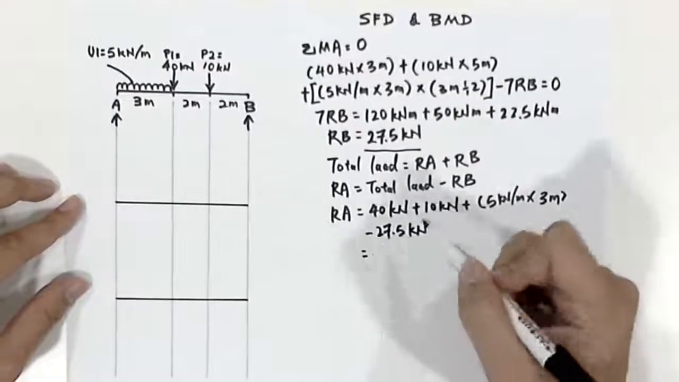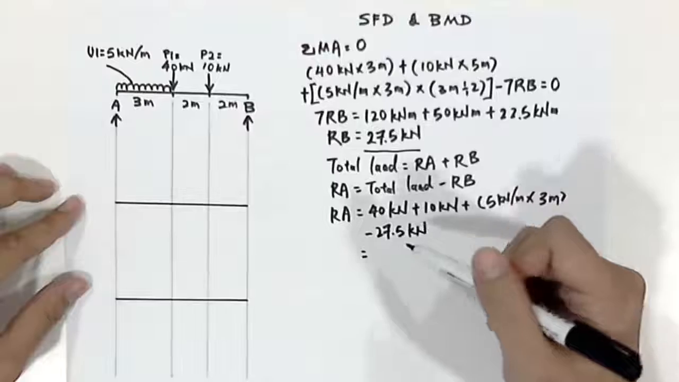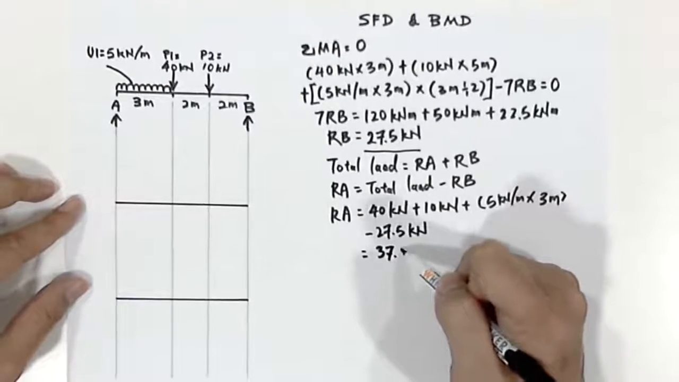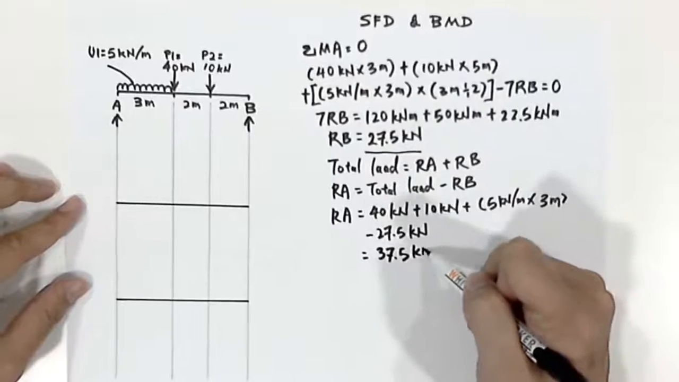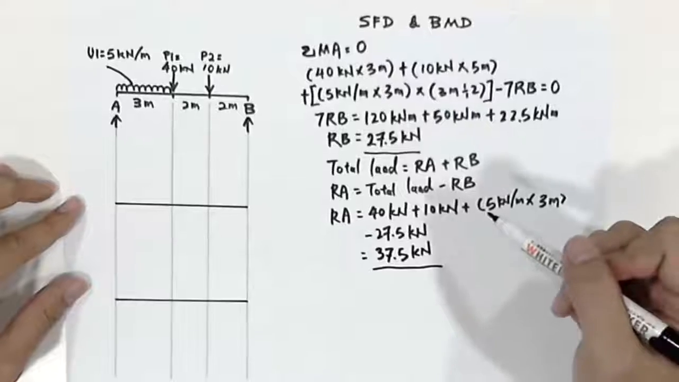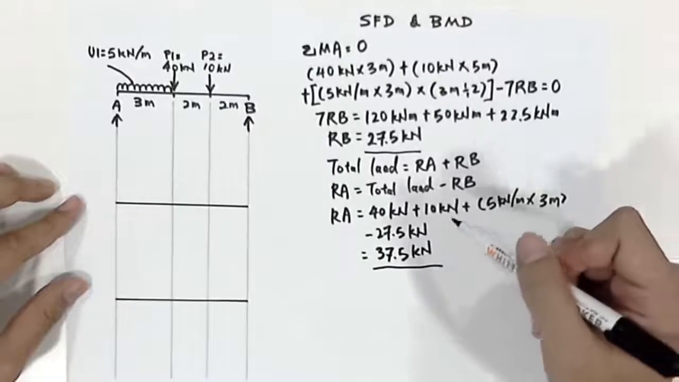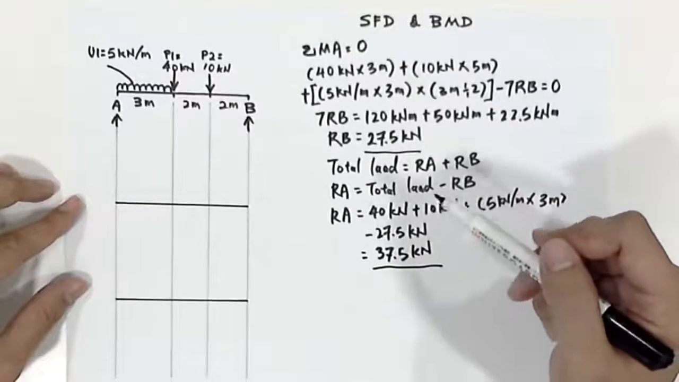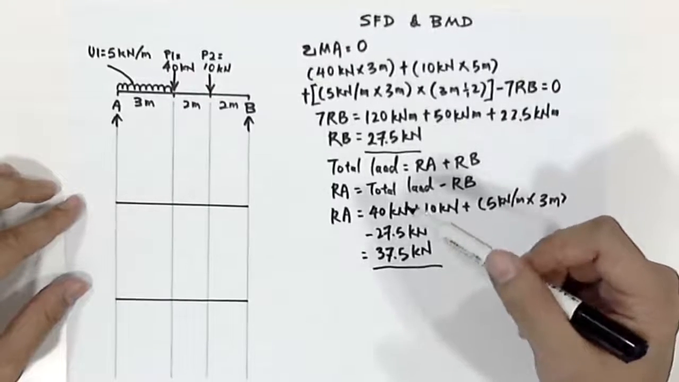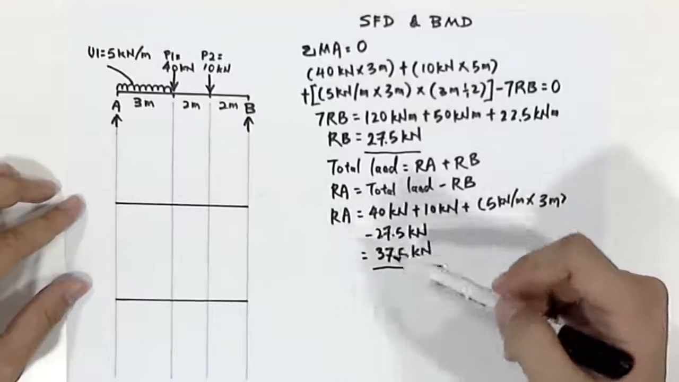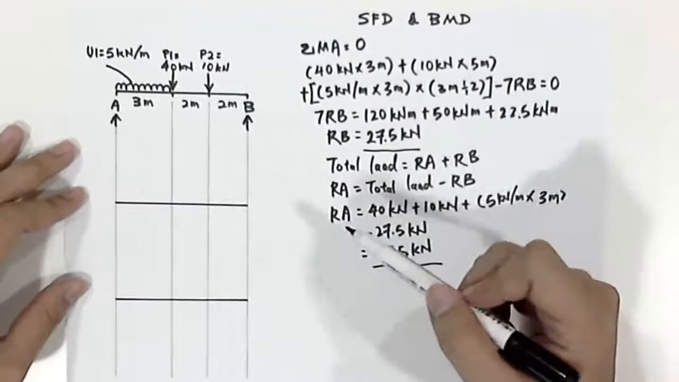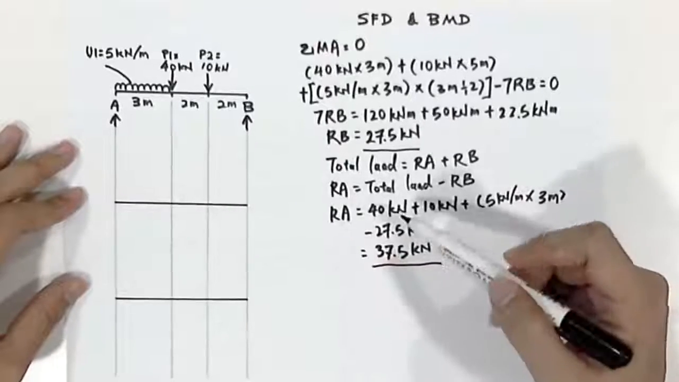So if you solve this calculation, what we'll get is 37.5 kilonewton. So this is our RA. Once we have RA and RB, we can start to work on our shear force diagram. By using a graphical method, we can draw the shear force diagram on support A, with